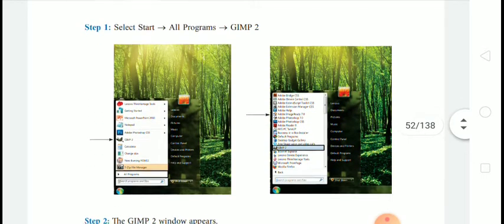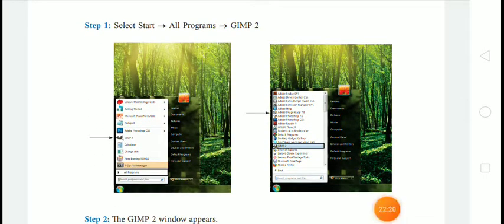Step 1. Select Start, then go to All Programs, then select GIMP 2. So when you click on Start, then go to All Programs and select GIMP 2, the GIMP software will open on your screen.